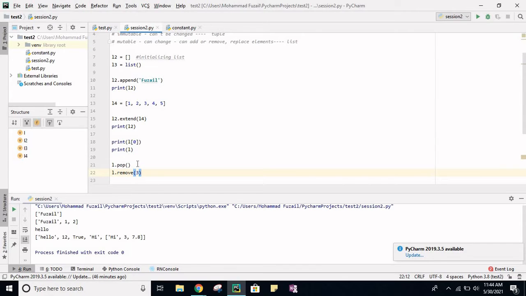But if you want to remove by index, you don't know the value which you want to remove, you know the index. Suppose you want to remove a value at the last, even if you don't pass any index here, it will remove the element from the last. Let me show you.